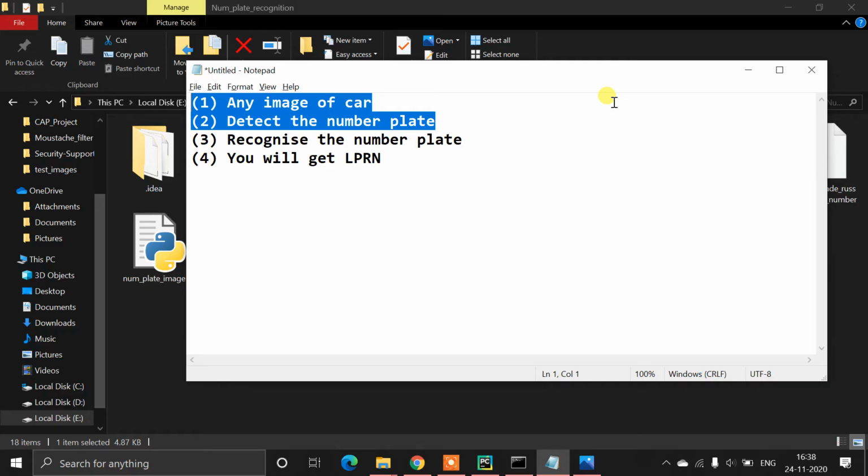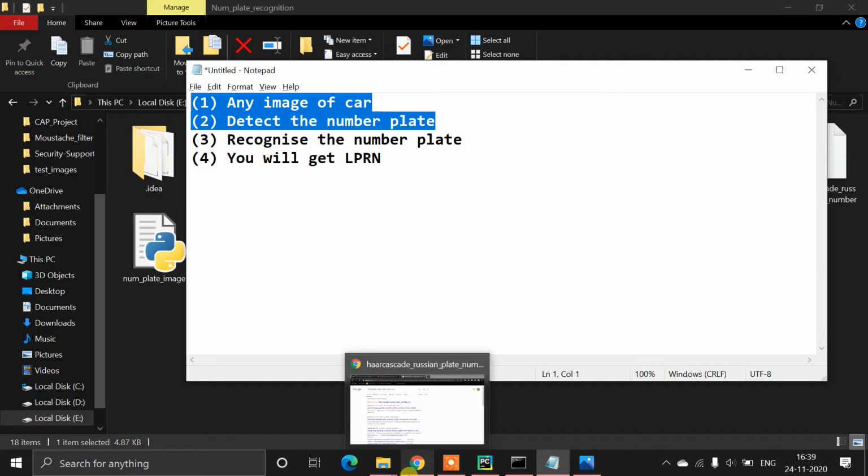If you know a little bit about MNIST, in MNIST we are fetching the text from an image data set of the digits 0 to 9. So you can use deep learning and convolutional neural network techniques. Another option is to use a pre-trained OCR engine. OCR means optical character recognition. So we don't need to do anything. A pre-trained OCR engine is already built by open source contributors. Obviously we will use this OCR engine.